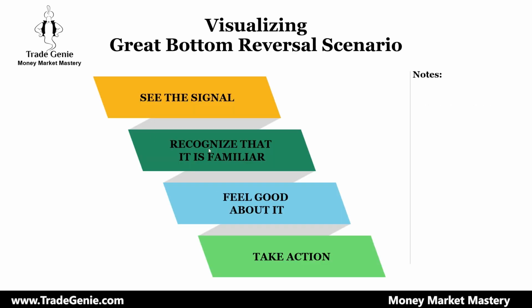The process is that you need to look for something new, and you have to recognize that signal. So you're putting too much pressure on yourself. Think about it: you close those three loser trades, you close that winner trade, break even, you feel good about it temporarily, only for that day. And the next day you're starting all over again and saying, okay, I need to find something where I see the signal, then I have to recognize it as familiar, then I have to wait to feel good about it, then I have to go through all the decisions, how much I need to buy,